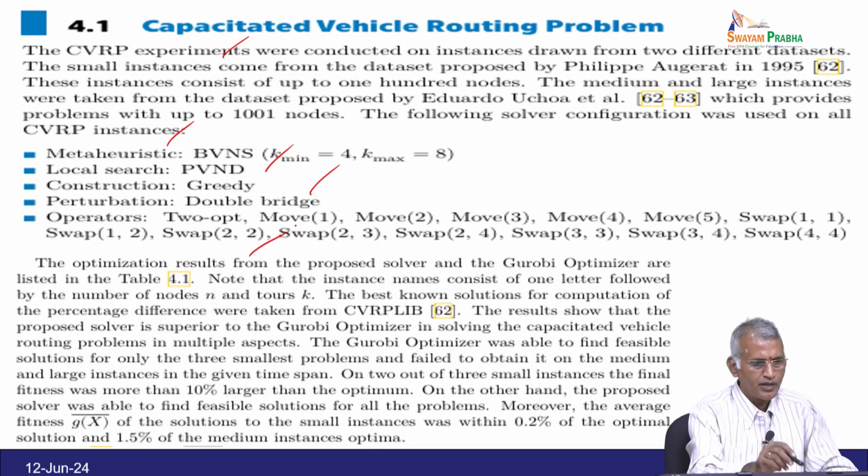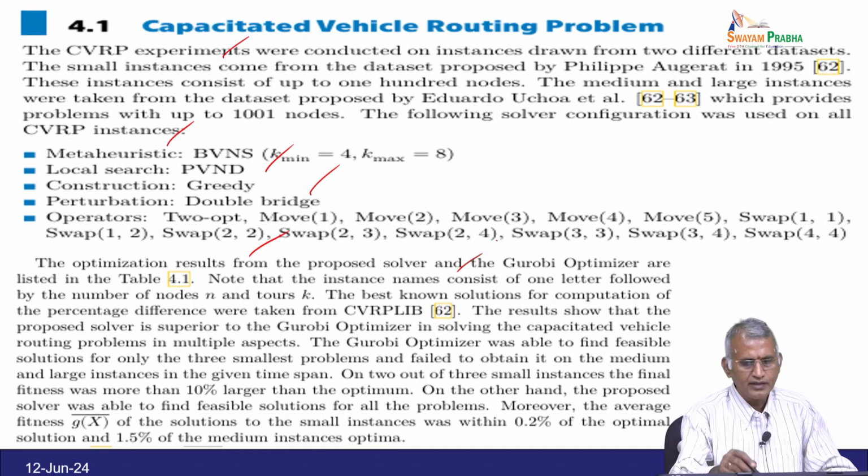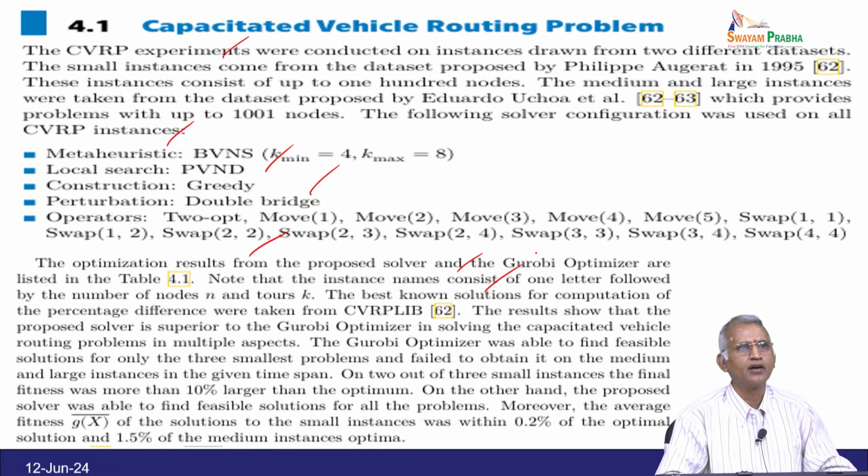Now, the optimization results from the proposed solver and Gurobi optimizer are listed in the table. Note that the instance name consists of one letter followed by the number of nodes n and k. The best known solutions for computation of the percentage difference were taken from CVRPLIB. So, the result shows that the proposed solver is superior to Gurobi optimizer in solving the capacitated vehicle routing problem